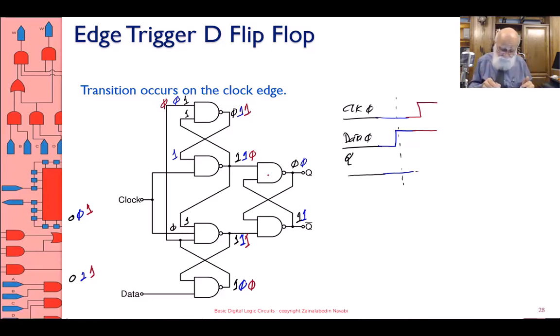Look at the output now. The output has a 0 on the upper NAND gate, so this is a 1. I have 2 ones on the inputs of the lower one, and therefore this is 0. So what happened was, after clock goes from 0 to 1, my Q becomes 1. Okay,